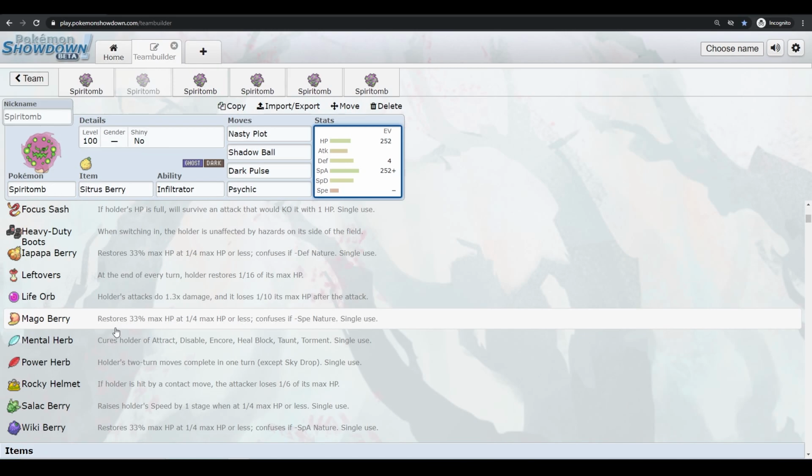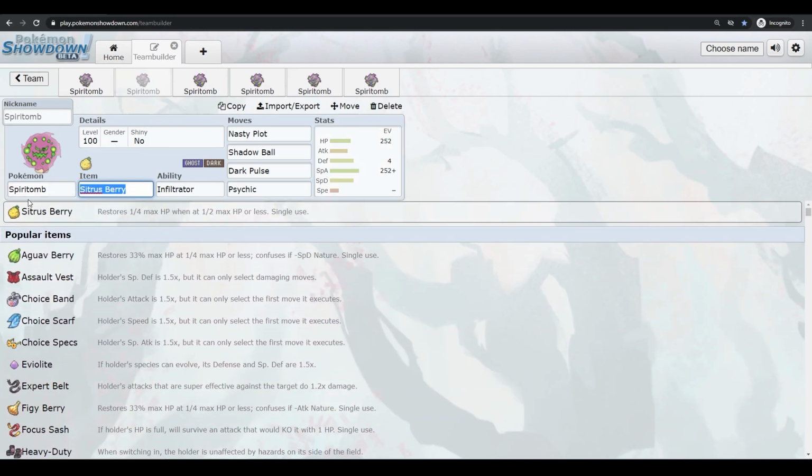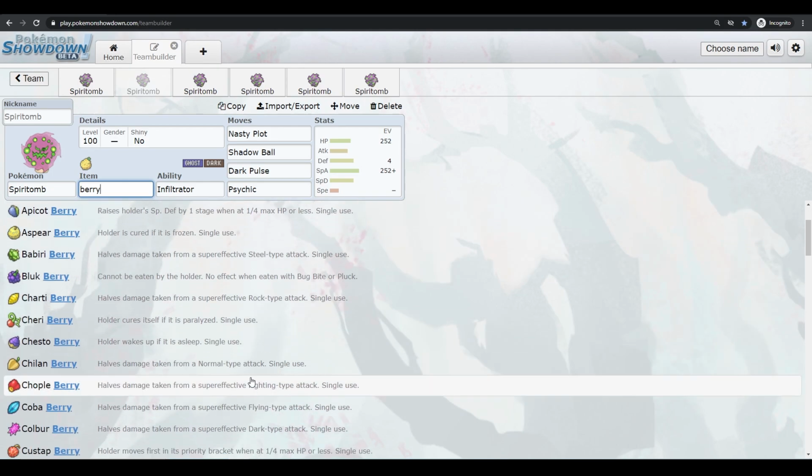It's not Salac. It's the other berry. It's the berry that raises speed. Oh, I don't know what that berry's called. But if you want to be really, not speed, raises special attack. If you want to be really bold, you can run the